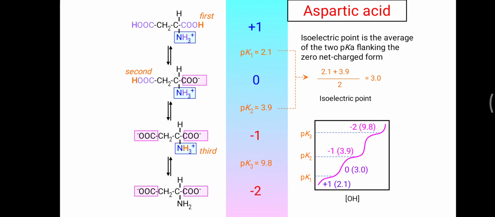And simply you have to remember that an amino acid in acidic solution carries a net positive charge, and when kept in an alkaline solution or higher pH it carries a net negative charge, meaning anionic in alkaline solution and cationic in acidic solution. So that's all about one important property of amino acids, that is, the ampholyte or zwitterion nature of the amino acid.